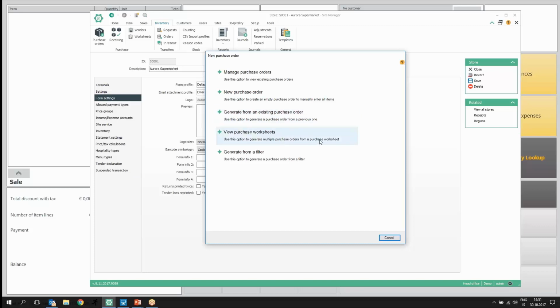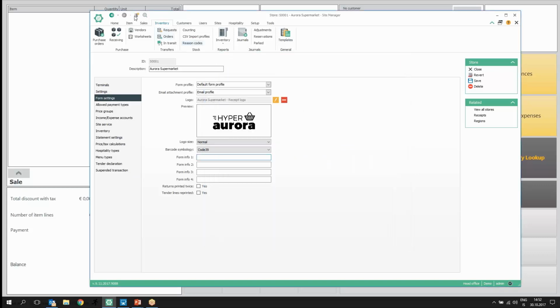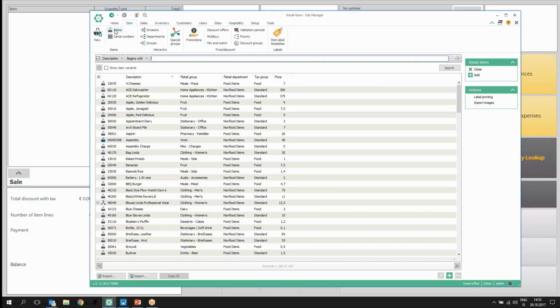We can use purchase worksheets, which actually use our replenishment settings, and this is what we're going to have a look at a little bit. And the same, generate from a filter. You create a filter of items, and the replenishment settings will actually be used to calculate how many you should be ordering. So I'm going to go back to the item list,